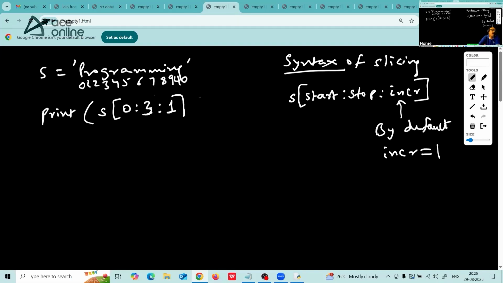0:3:1. How do you read this? Give me all the characters from place 0 to place 2, in increments of 1. That means successive characters you give. Just imagine I don't write this colon and 1. I write only 0:3. Then by default the increment will be 1, so this is same as 0:3:1. Okay, so what will happen if I write print s